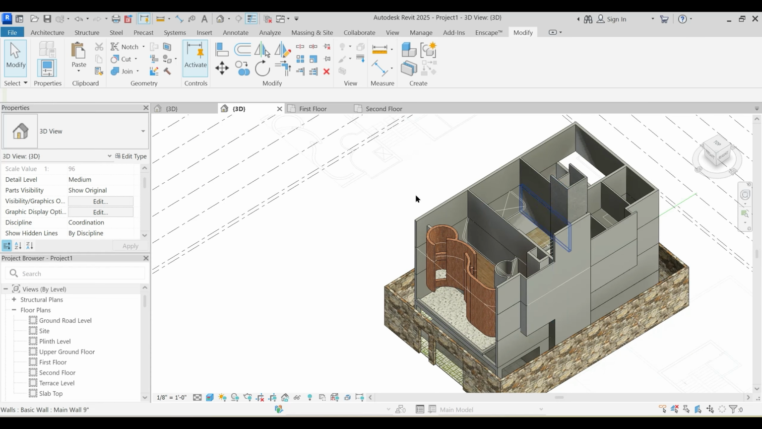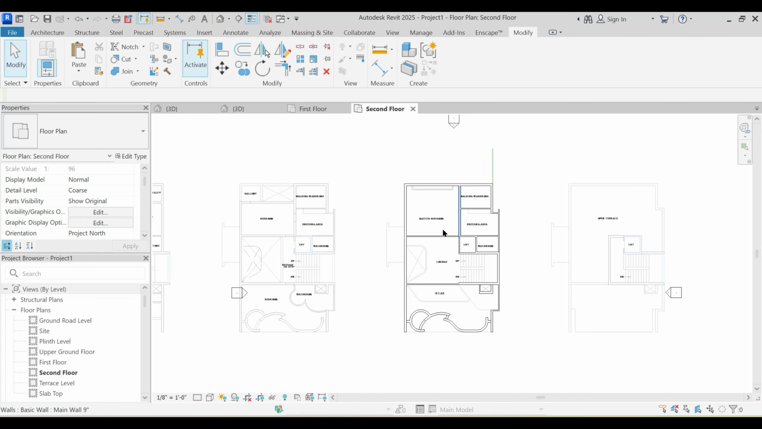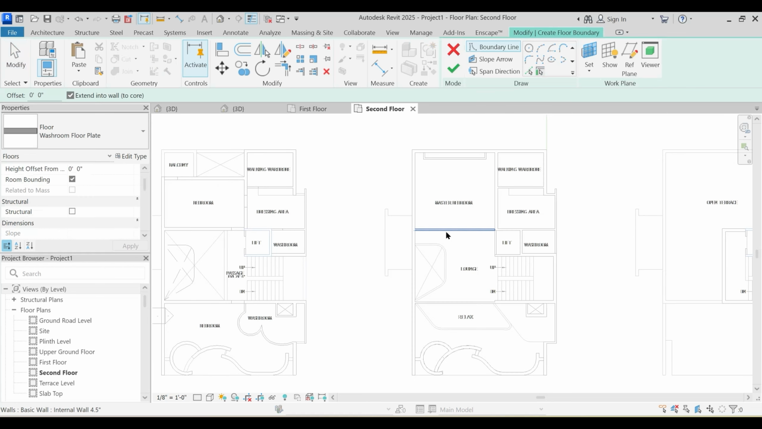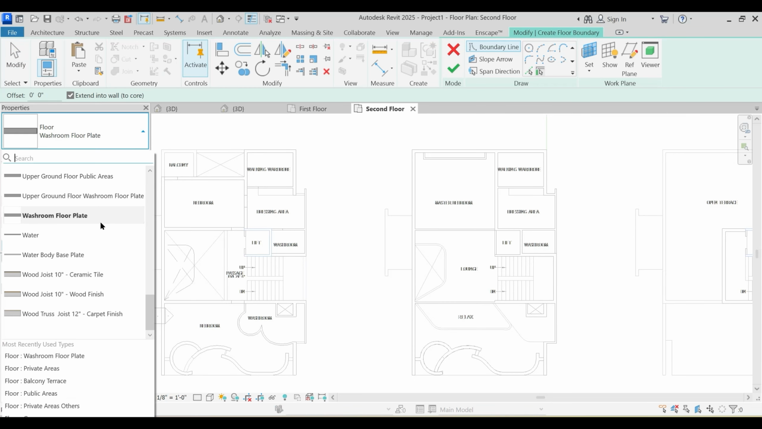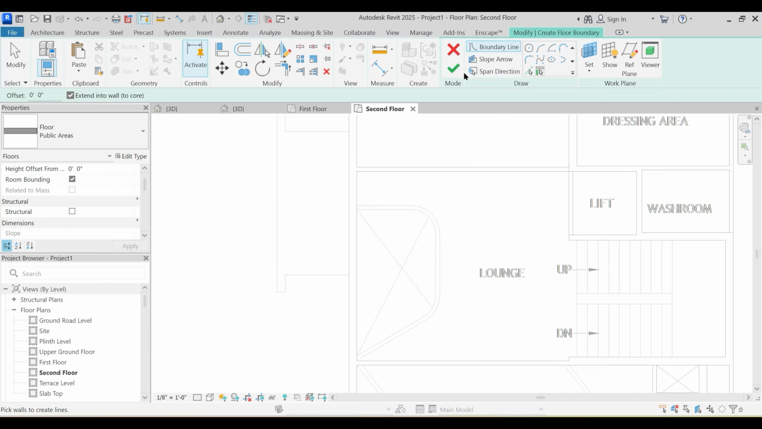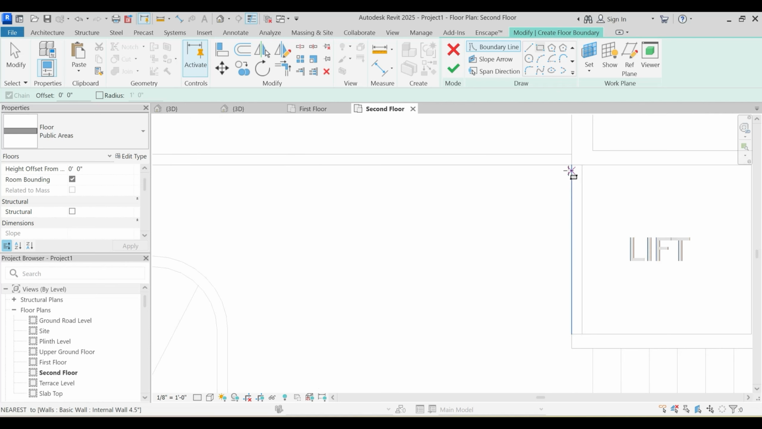But what remains is the floor plate, which was supposed to be created first, but I just forgot. Sorry. FA, the shortcut for floor, I have added. You might not have it in your workstation. So if you want, you can go to view and user interface, and in the keyboard shortcut, you can add. I'll just go to public areas, and select over. Again, now we'll have to use the pick lines